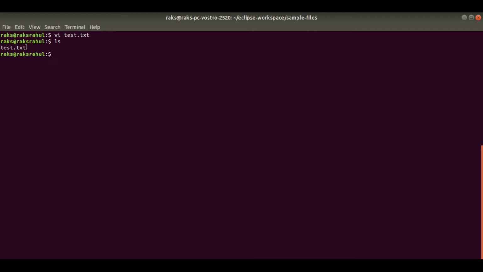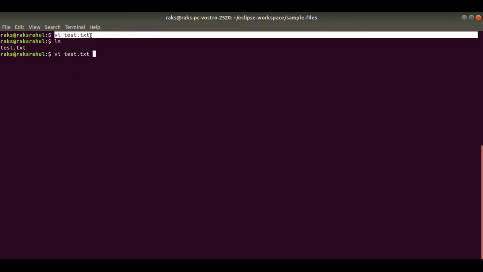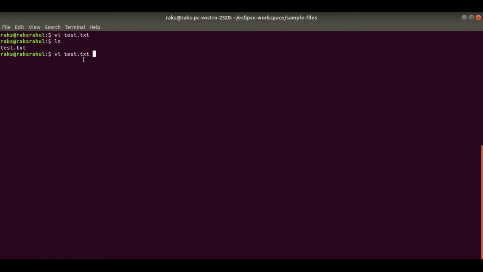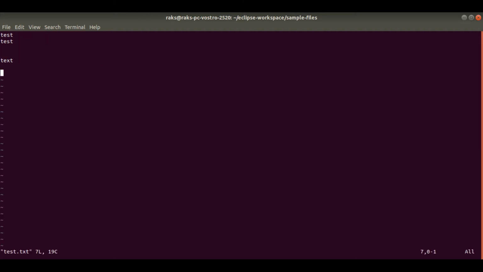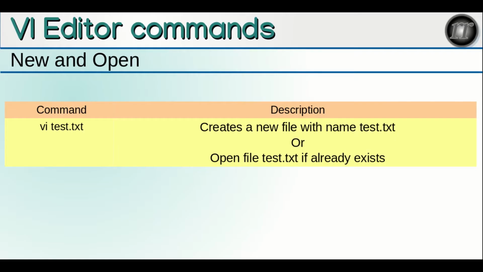If we want to open this file, we will again put the same command which we used previously. If this file exists, vi will open the existing file. So you can see the contents are still the same because the file is the same.